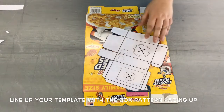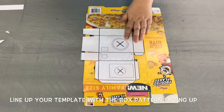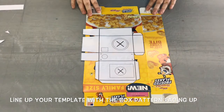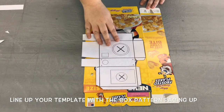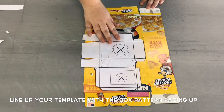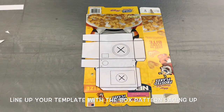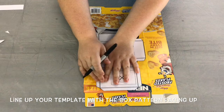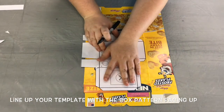Now that your template's all cut out, it's time to start tracing. Now, I have a cereal box, so I have to make sure that the logo is facing up because we don't want the cereal pattern to show on the outside of our camera. The type of cardboard that you could get in your camp box might be different than mine, so this step isn't necessary. But if your cardboard does have a logo, make sure that it's facing you when you start tracing